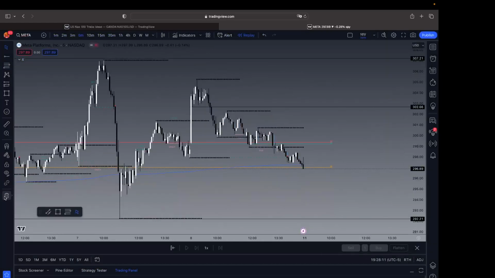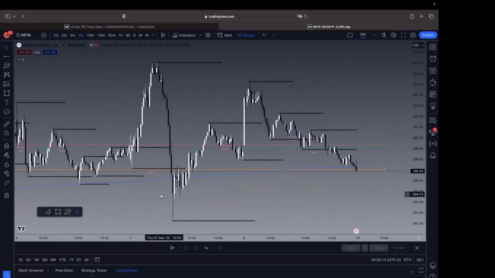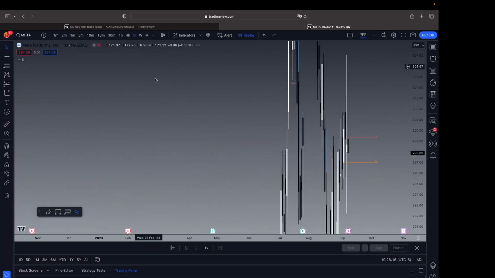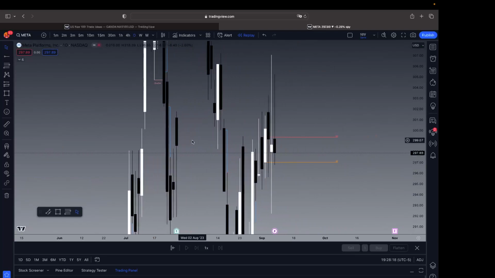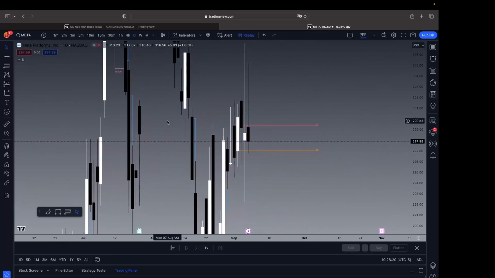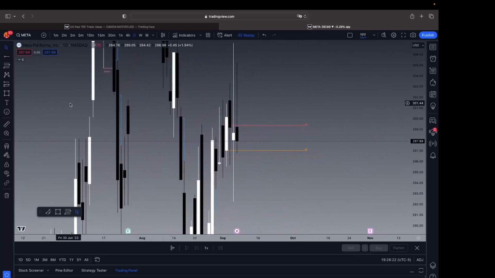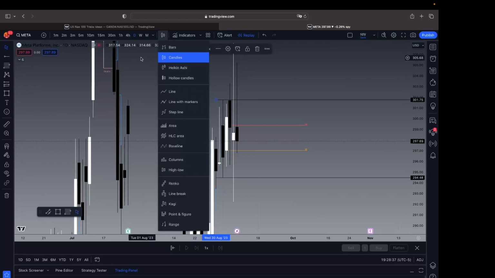So let's remove all these drawings. So let's start on the daily. What do we have on the daily? Okay, so let me draw down these levels real quick, and then we'll show you guys how to determine all that real quick, how to plug everything together like a puzzle. Okay, so if I do,